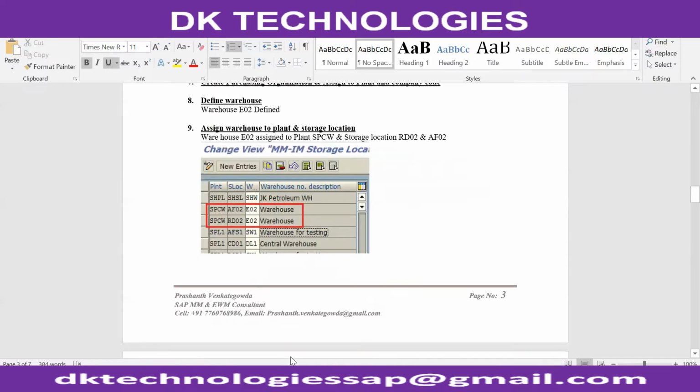In class number 1, in step number 9, we grouped together the plant, storage location and ECC warehouse.